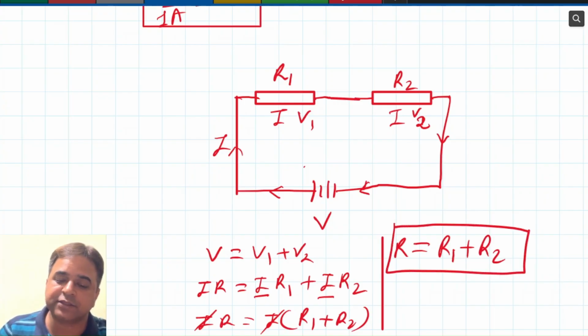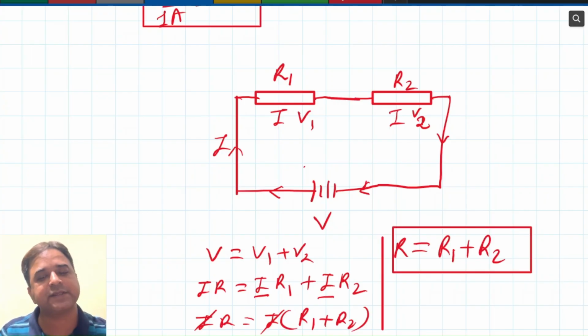So R is equal to R1 plus R2. This happens in a series circuit. Okay. Now children, we will discuss about